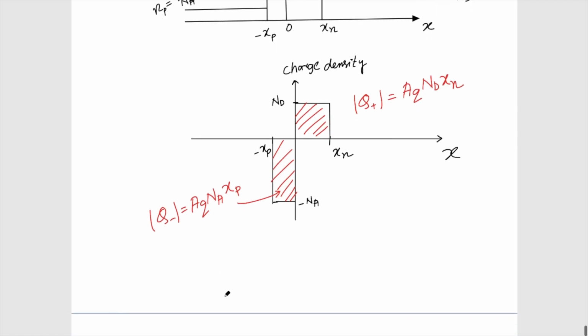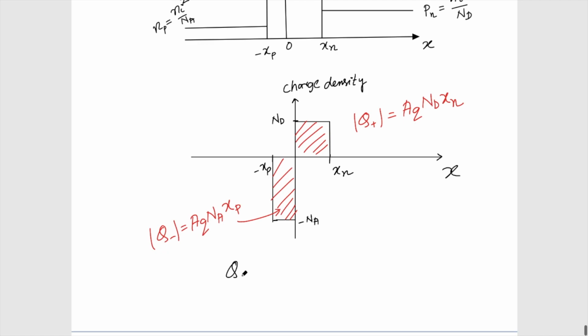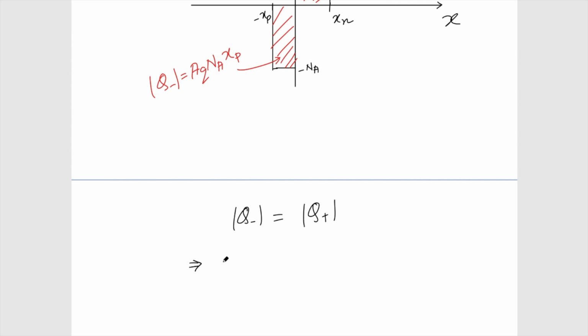Okay, so now in equilibrium condition, these two charges should be the same, right? Because ultimately the overall substance is neutral and only the charge has transferred from one side to the other side. Or in one sense the holes have gone from this side to this side and the electrons have gone from this side to this side. So basically Q minus should be equal to Q plus, implies A q Na xp should be equal to